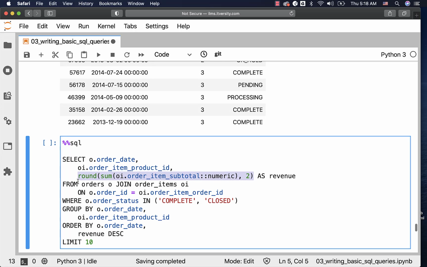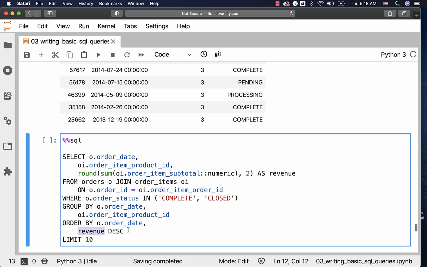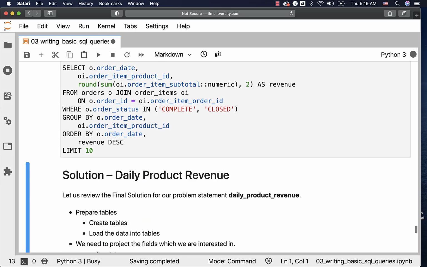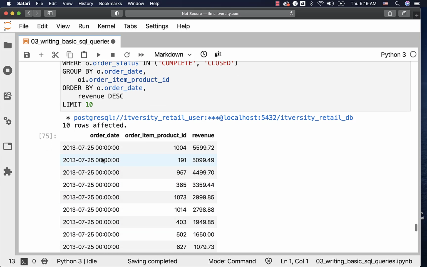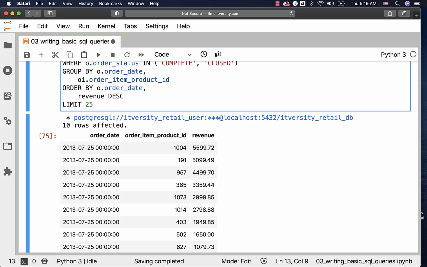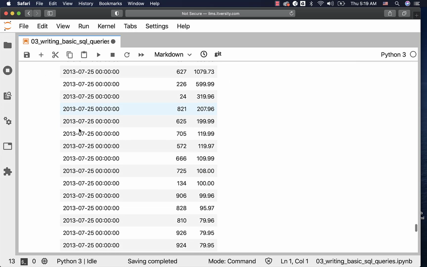Now if you want to sort the data in ascending order by date and then descending order by revenue, you can use this alias as part of the order by like this, and you should be able to leverage that to sort the data in the desired fashion. In this case, this will take care of sorting the data in ascending order by date. Date comes from orders, and then descending order by revenue. Revenue is nothing but an alias to the function specified as part of the select clause. It is nothing but an aggregate function. Now we can run this and we should be able to get the results in ascending order by date and then descending order by revenue. Let's go through 25 records here and you can see the results.